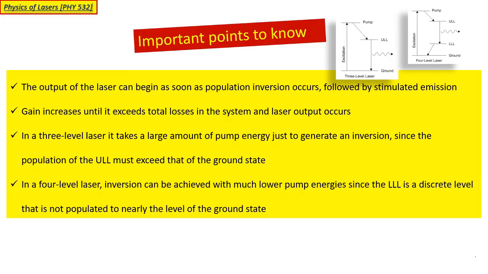Some important points are mentioned here. You can see the output of the laser can begin as soon as population inversion occurs. As soon as you achieve the population inversion, with more electrons at the ULL,